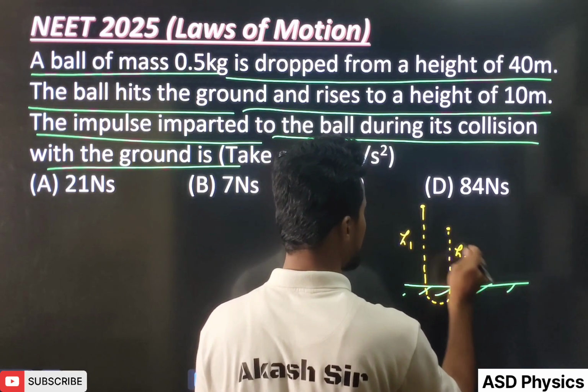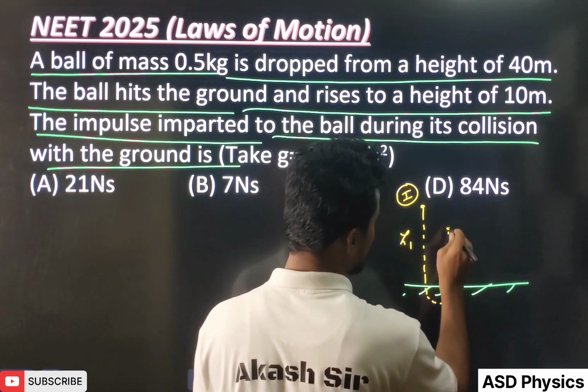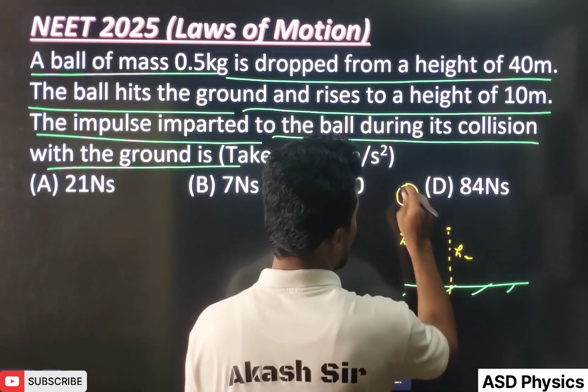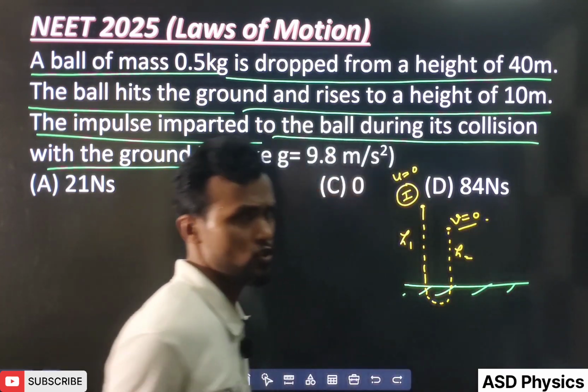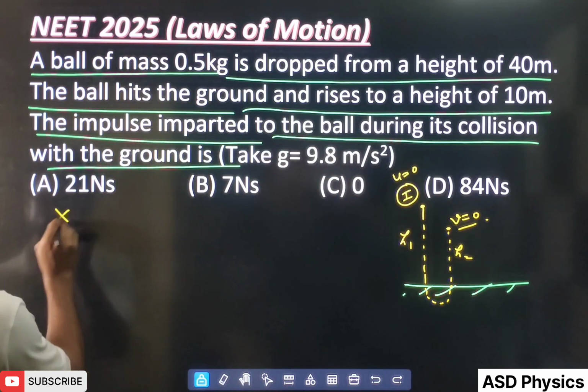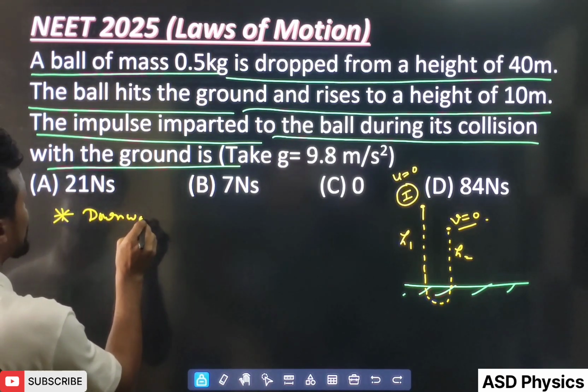And second, how much is this? H2. So initially this is striking, then again it is going here. Here the initial speed is 0, and when it reaches the highest point, here also it is 0. Okay students, remember that when the ball is going down,